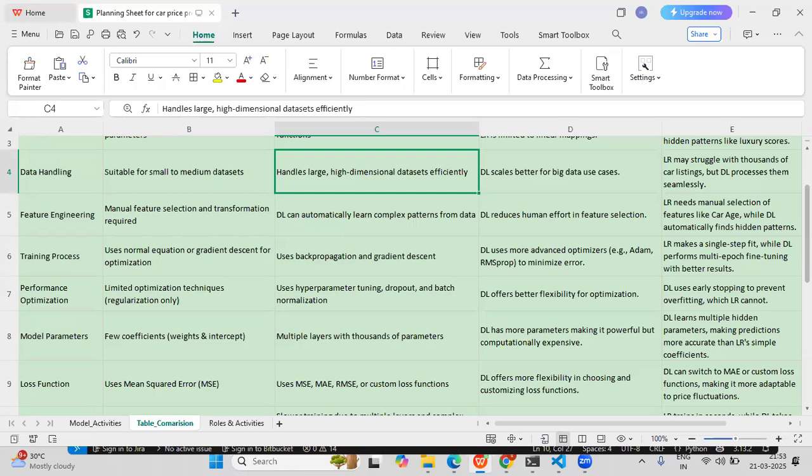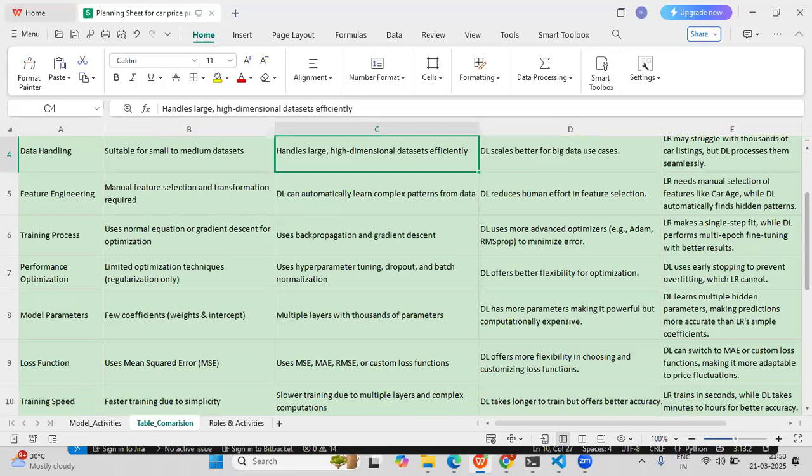Under performance optimization. Then model parameters. In the linear regression ML model, we basically have very few coefficients, like weights and intercept, following the linear equation of the algorithm. But in deep learning, we have multiple neural network layers with thousands of parameters involved.